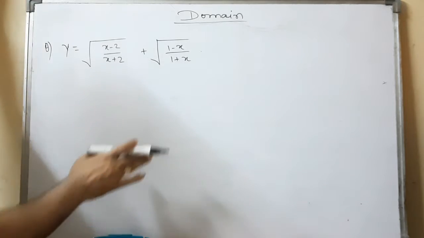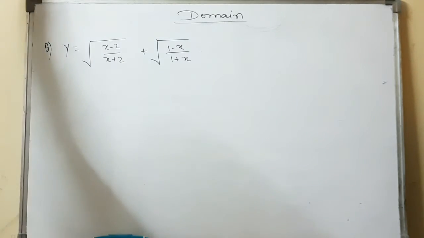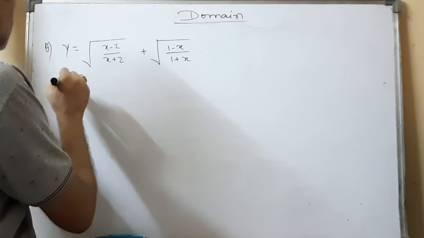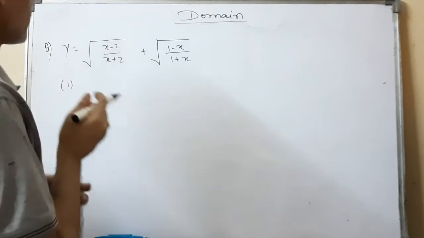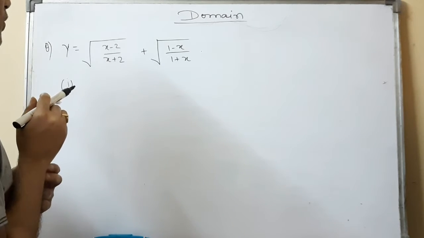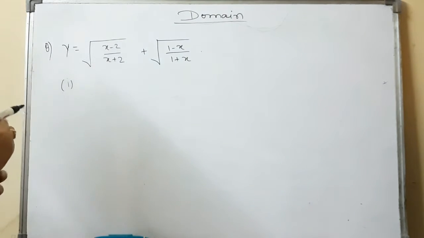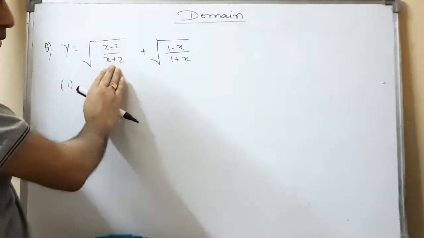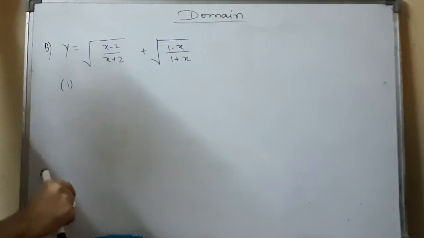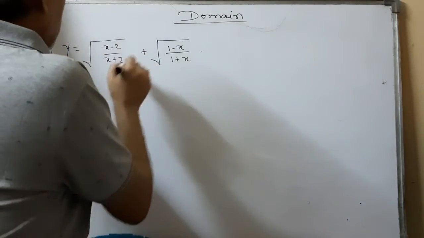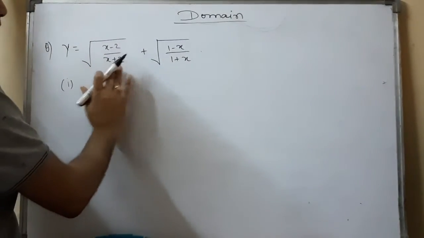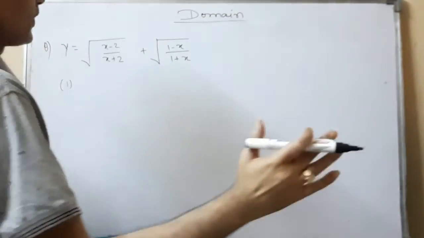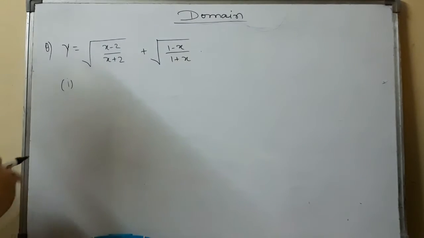So we are going to find out the domain of this algebraic function. तो क्या क्या चेक करना है हमें कि स्क्वायर रूट के अंदर it should not be negative, and if something is in the denominator it should not be equal to 0 as well. We will solve it in two parts. Firstly this and then this, and then we will take the common values.